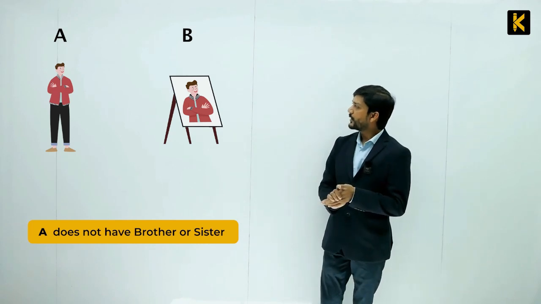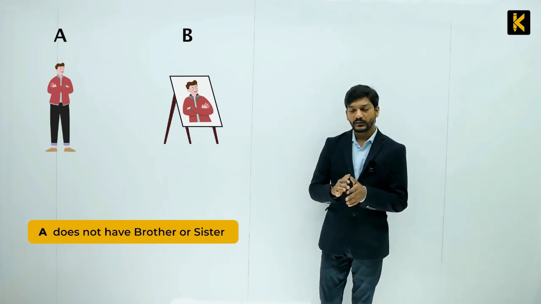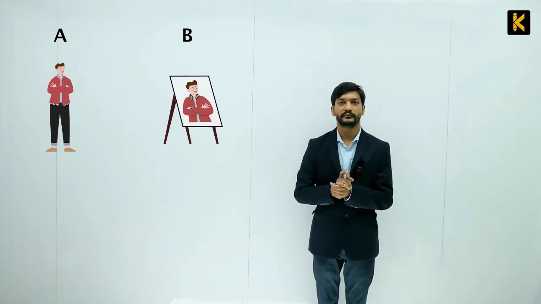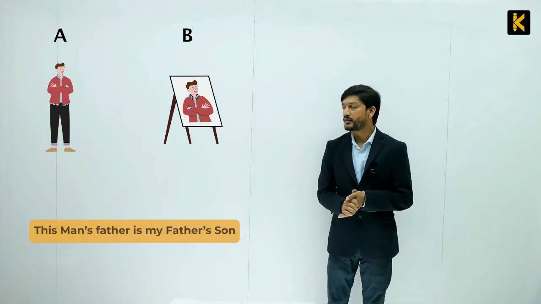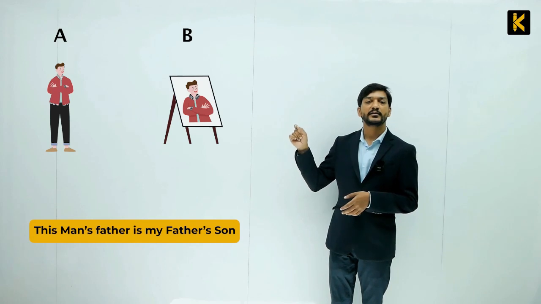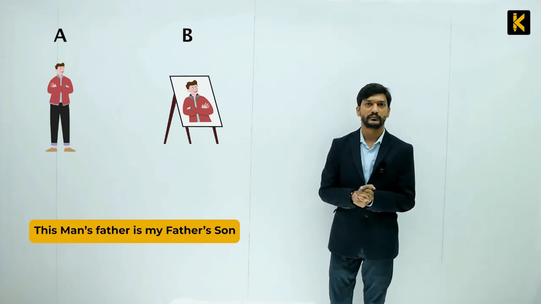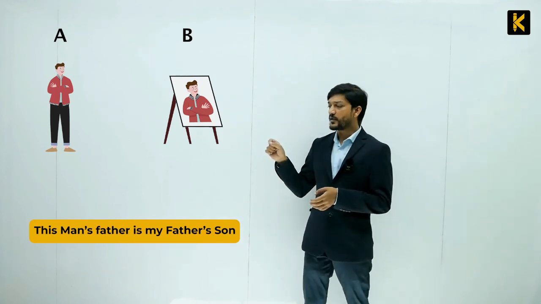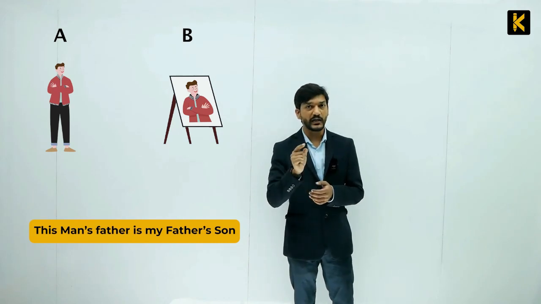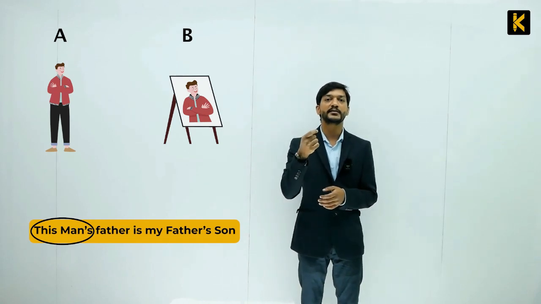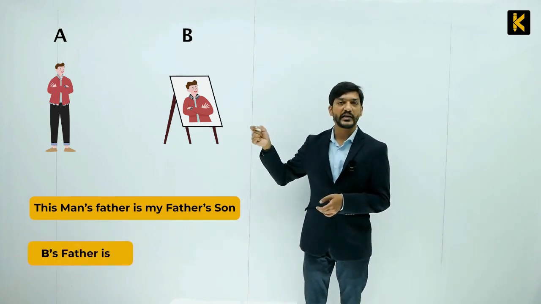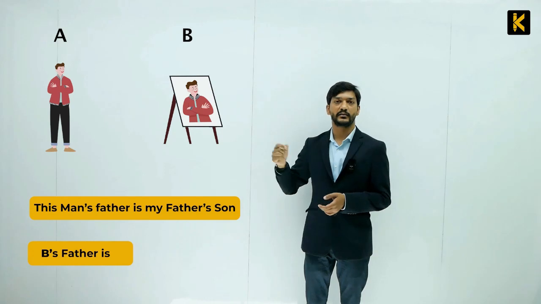Now, so there is no brother or sister, that we will keep inside our mind. The rest of the statement, let me just write it again. So the rest of the statement is that this man's father is my father's son. Okay, my father's son. So A is looking at the painting and saying this man's father. So this man here means it is B. Okay, so let me change the statement. This man means B. So B's father is